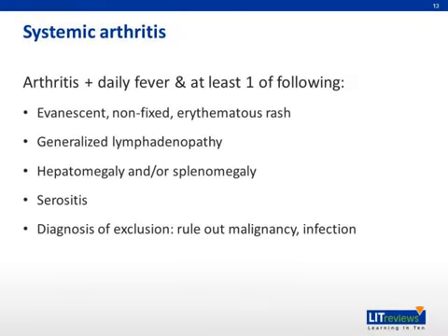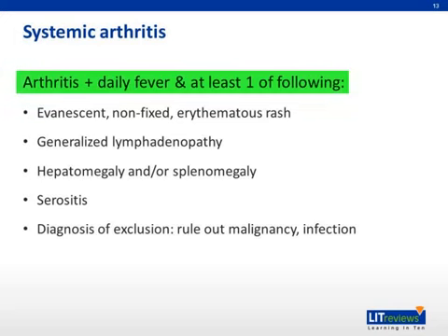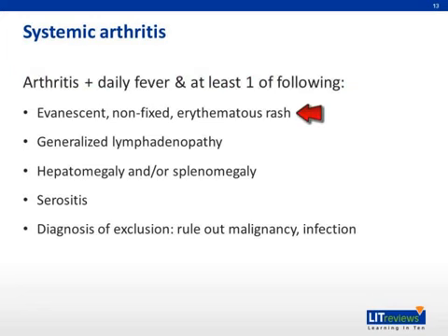Systemic arthritis is a category which requires its own lecture, but briefly, the criteria include arthritis and at least 2 weeks of fever, which must be quotidian, meaning recurring daily, for at least 3 days, plus at least one of the following: an evanescent rash, or a rash that fades away, generalized lymph node enlargement, hepatosplenomegaly, or serositis. Systemic JIA is often accompanied